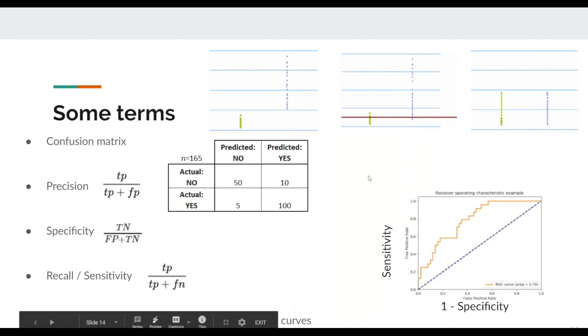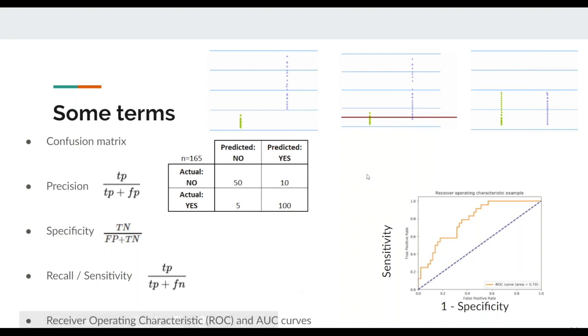These values can be used to identify how accurate your model is, and they are always calculated during the evaluation process of the model,